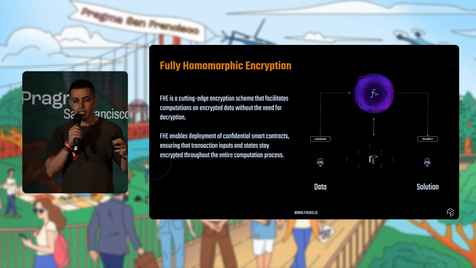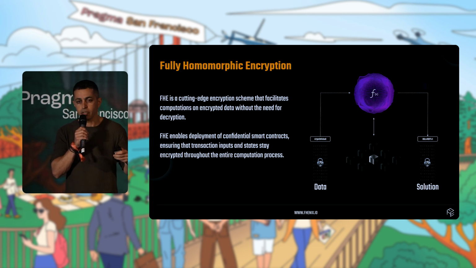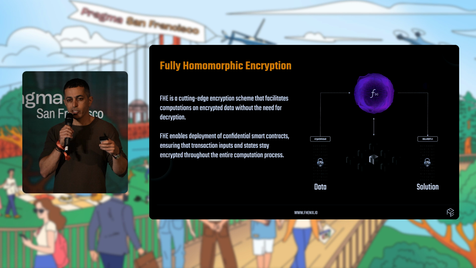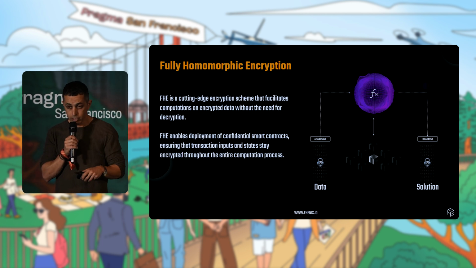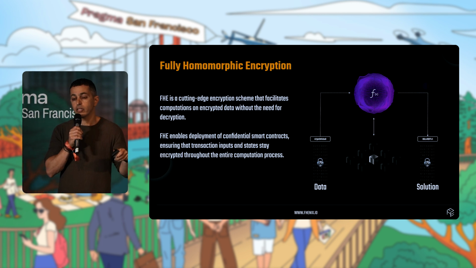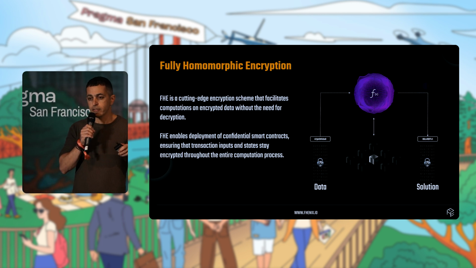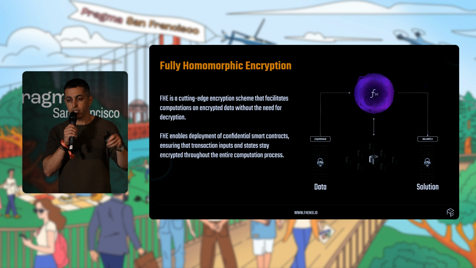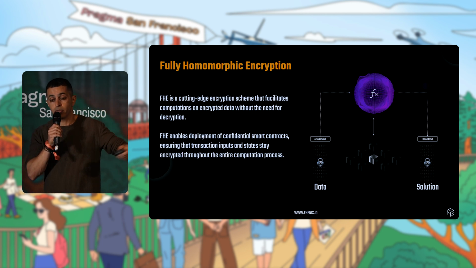FHE is amazing. What FHE does is it enables you to do computation on data while the data is encrypted. Everything that we've talked about encryptions, we know that when you encrypt data, it's meaningless and you have to decrypt it if you want to execute on it. With FHE, you can actually execute and compute over the data while the data is encrypted. And the reason that FHE works is because it maintains the mathematical structure of the data that you encrypt. So you can still compute over that, and the response will be encrypted, and only the user who encrypted the data originally can actually decrypt the output of it.